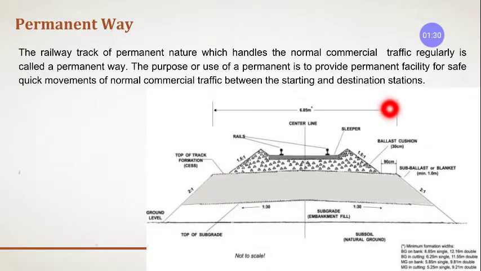This is permanent way, you can see in the image. Whatever components are there in this diagram come under permanent way. This white color you can see here, with a slope of 1:30, is your subgrade or embankment. If your subsoil is not good, then we go for a subgrade with hard soil. Then we have an embankment, if it is required.